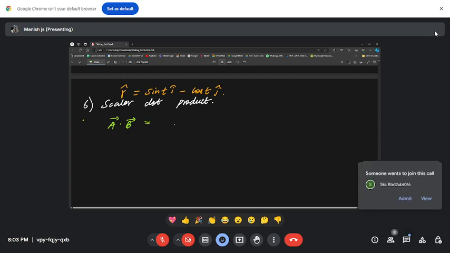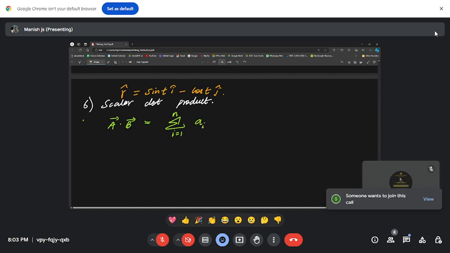Vector A dot vector B can simply be written by summation as sigma i equals 1 to n of A i and B i. Because I'm using capitals, let me stick with capitals. Some textbooks use small letters also, so need not worry, children, both are one and the same. So it is sigma i equals 1 to n A i B i. This is the representation and the formula for the scalar dot product of vectors.